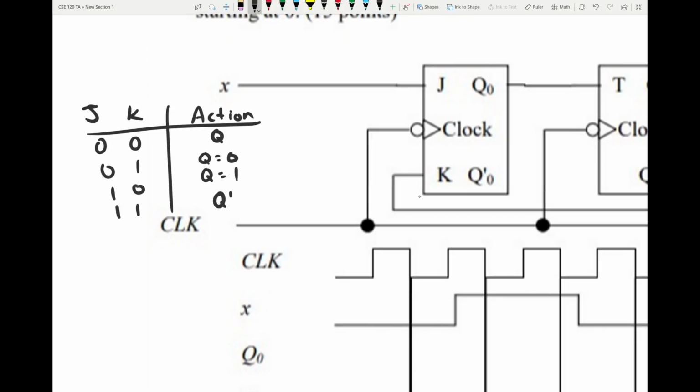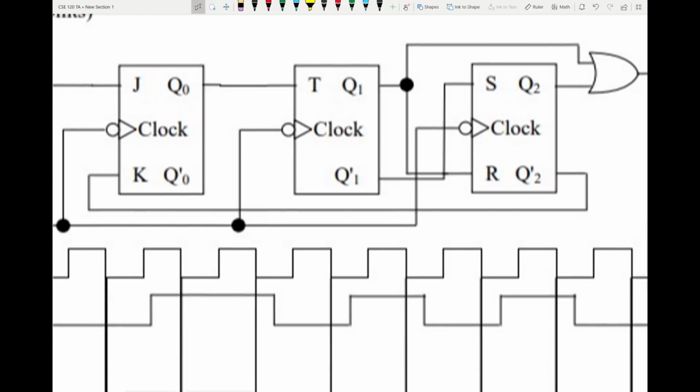So that Q naught is going to serve as a toggle, meaning if Q was previously a 0, it'll become a 1. If it was previously a 1, it'll become a 0, which is the same exact behavior as our T. So essentially, if there's a 1 coming in on that line, the output will switch. It will toggle. If the input is a 0,